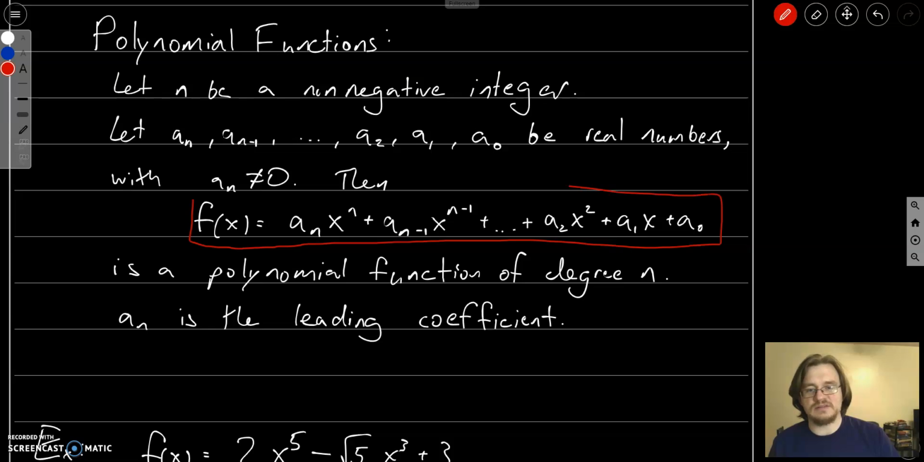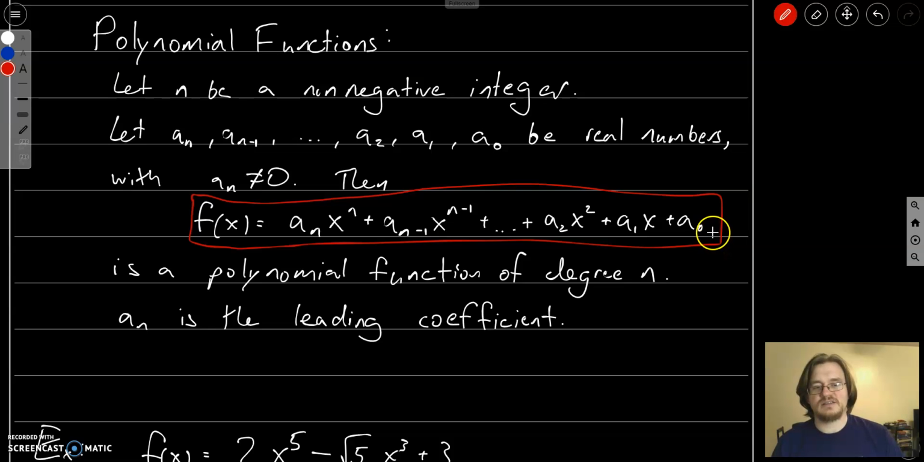And if I go through the pieces of this really quick, each part of this is just going to be some number, which I've called, say, a sub n or a sub n minus 1, all the way down to a sub 2, a sub 1, or a sub 0. It's going to be some number times x to a positive power. So we have some number times x to the n, some number times x to the n minus 1, all the way down to some number times x squared, which is x to the second power, or some number times x, which is the same thing as x to the first power, and a0, which is the same thing as